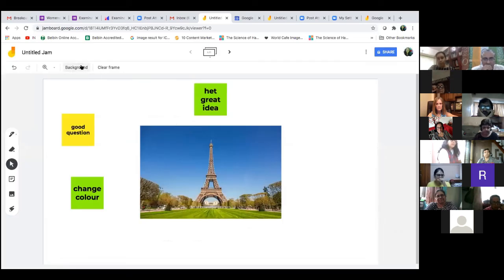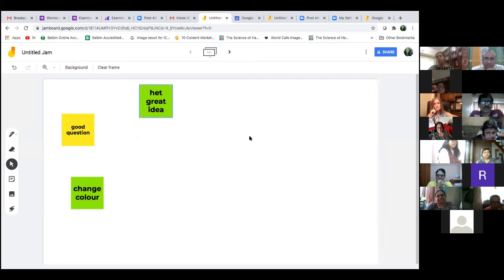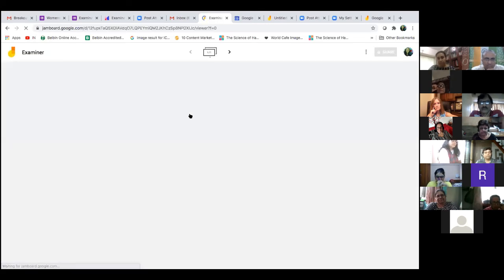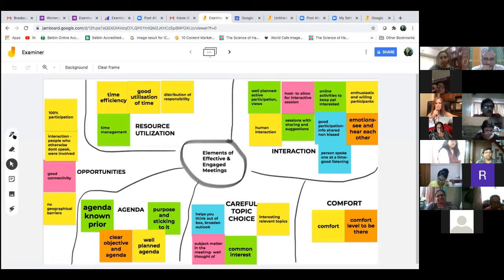So last time we used Jamboard to get all the responses that were coming in from the group discussions. Then we took all the responses together and put them all on the screen. Then what I did, of course, was segregate the responses and put all the similar responses together, which you will see right now. And then you have these different options over here where you can draw things, etc. So this is just one more tool that you can look at.